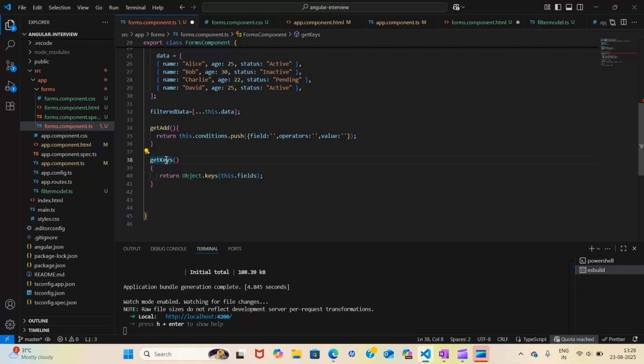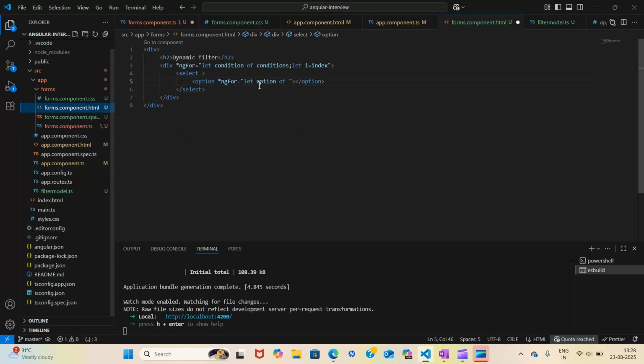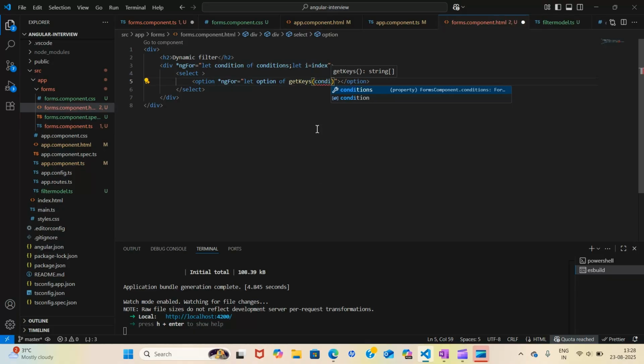So I want this, so I will say let option of getKeys. In this getKeys, what I am taking is a field. So it should be my condition.field.